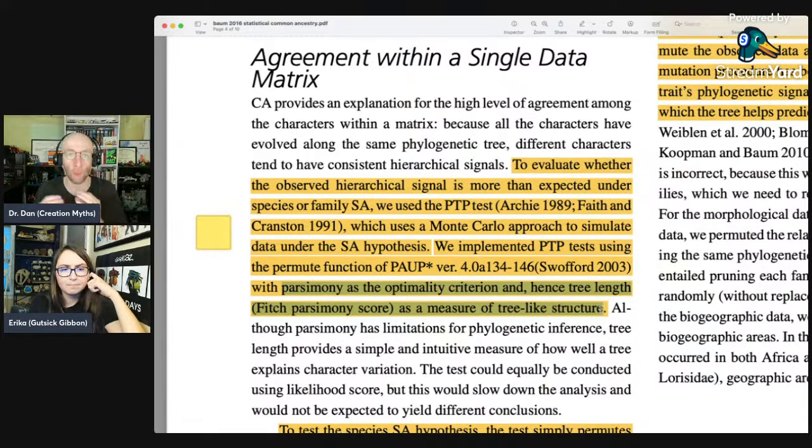So we want to minimize the number of changes. And another way to think of this is right here, tree length, because the branches of a phylogenetic tree are typically scaled to represent the number of changes to go from the node to either the next node or the taxon at the tip of the branch, right? So when we're talking about making an optimal tree, which is something we're going to be talking a lot about here, we're talking about trees that have the shortest possible length, which is to say the fewest evolutionary changes to go from ancestor to descendants. That's what we mean by maximum parsimony. It's almost like an Occam's razor for an evolutionary tree, for a phylogenetic tree. It's like what's the easiest way to get from point A to point B, right? Yeah. So it's like you want the fewest amount of steps. That's going to be your most parsimonious